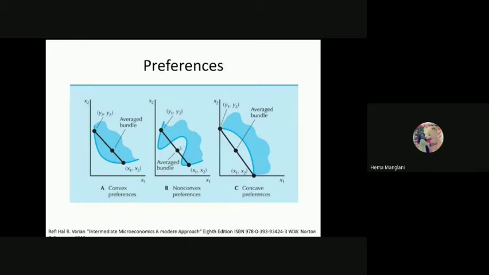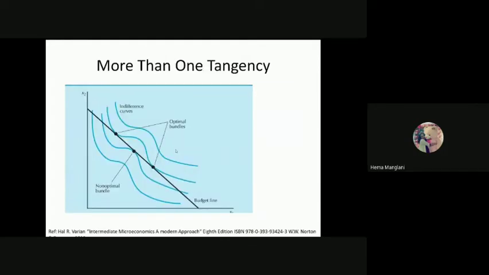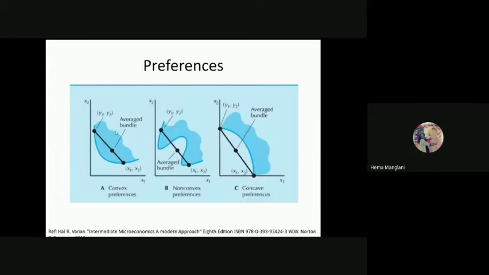Now here what is happening? We have again the average bundle. Here is one point, here also we have one point, and what's happening? The average bundle we are getting here is the same case as what we have seen here. So from the convexity of two extremes, we are getting an average bundle towards the concavity. So that is why this average bundle is actually revealing a worse utility than these two bundles. So that's why we shouldn't opt for this, because this doesn't follow convexity in the preferences.